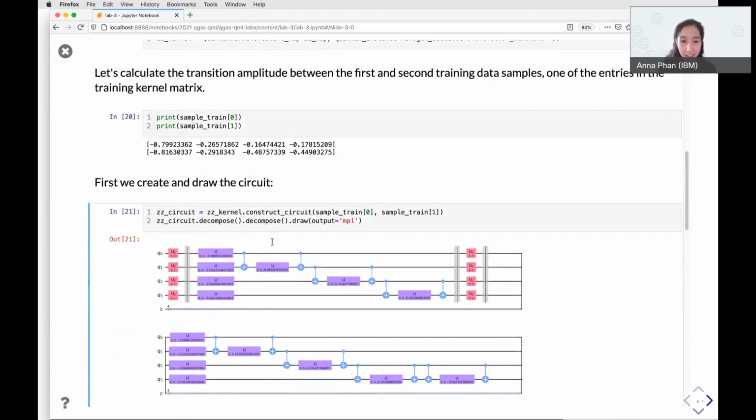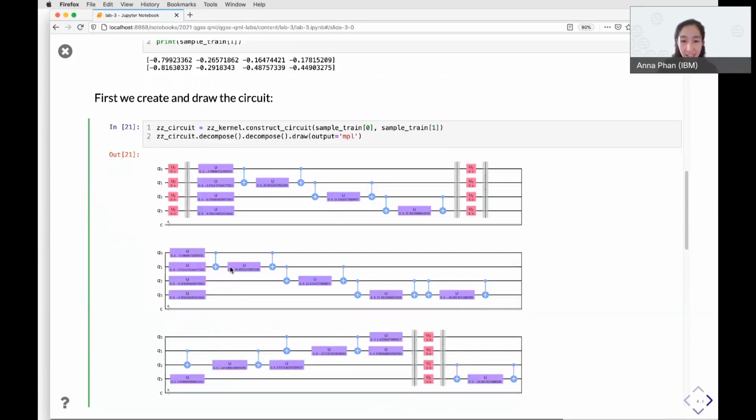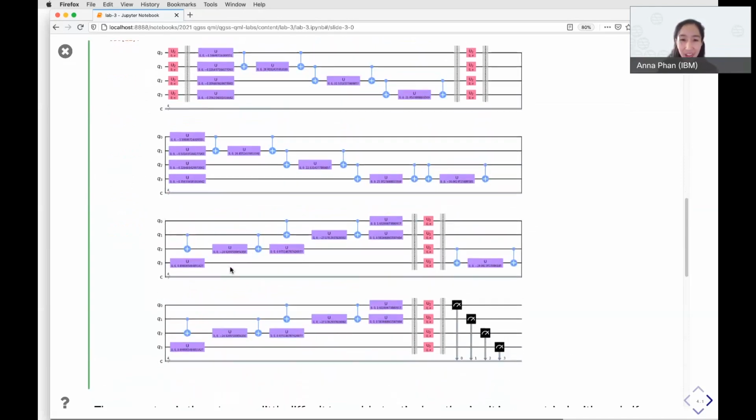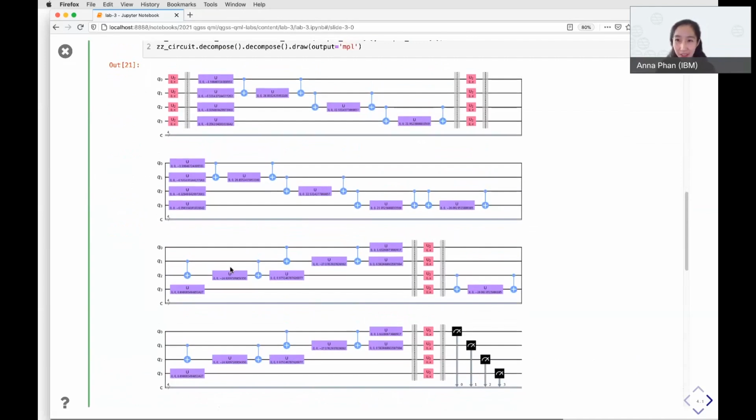So we take the kernel and then we construct a circuit between that first data point and the second data point. And here I'm just going to draw it with some decomposition so you can see the shape. You can see that it's fairly long, and if you squint very closely, you'll see a couple of points.